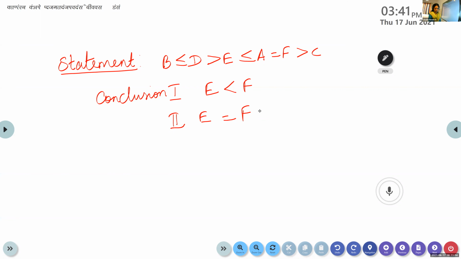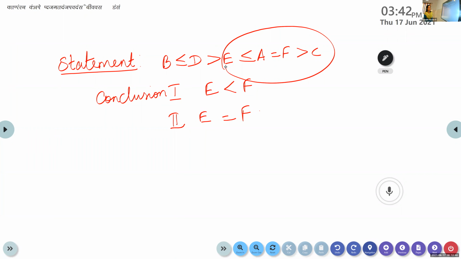So look at the results. In the results, what do we want? We want only E and F. So you leave the remaining. You focus on only those terms, E and F. Here, B is less than or equal to D, D greater than E. If you take this part, less than or equal to and greater than are combined, so we can't compare it, and we will not get the solution from this part. Now, in this result, we want to compare E and F, so you give focus only on this part and find out.